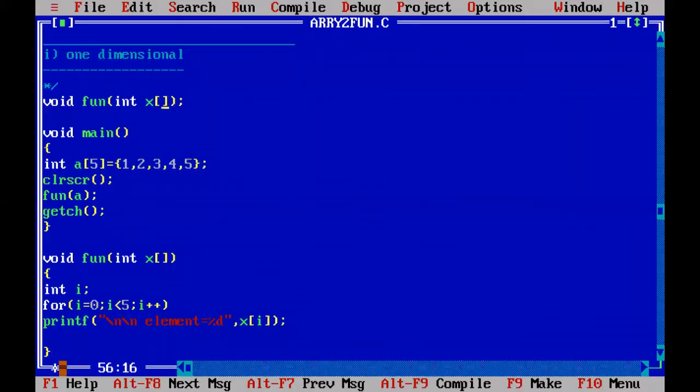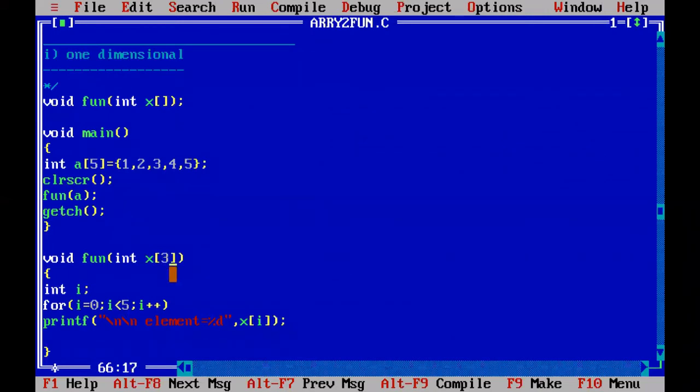Because sometimes whenever the group of elements are passed to the user defined function fun, we don't know sometimes how many elements we are going to receive. For example, 5 elements are going to be received with the X value. 5 elements are passed to X, and we are writing here only 3, and we are not able to hold the 5 elements.